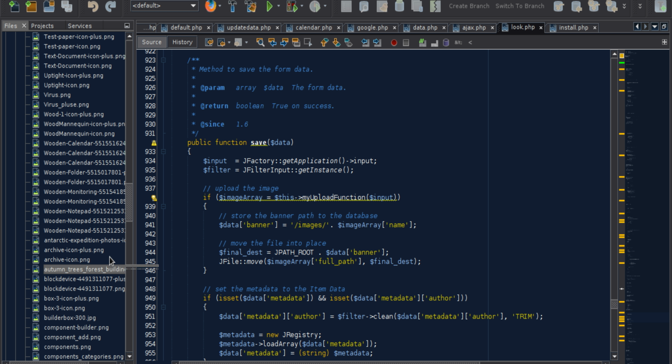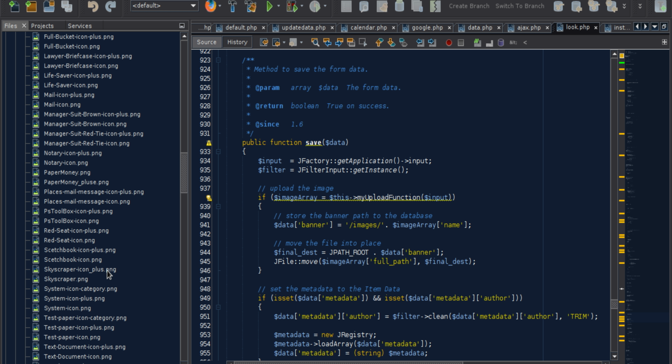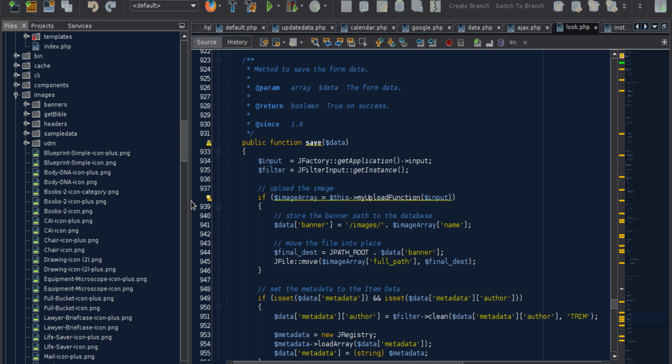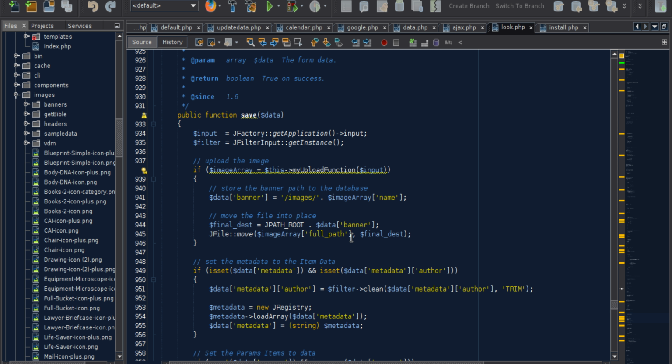There it is, autumn tree. You can see it there. Yep, it is in its place. So the actual image does now exist in the image folder. It has been uploaded and it actually is in the database, although our little snippet there says that it can't